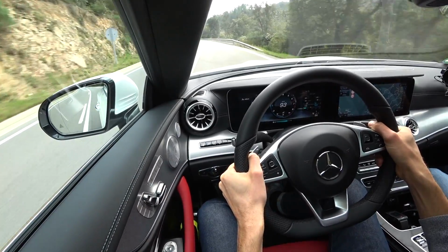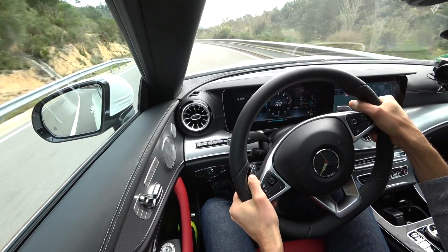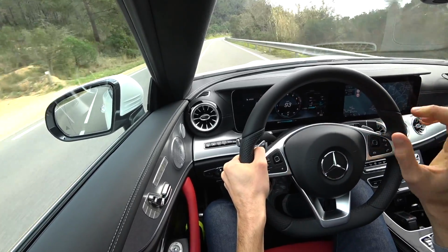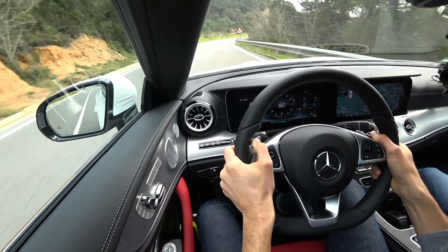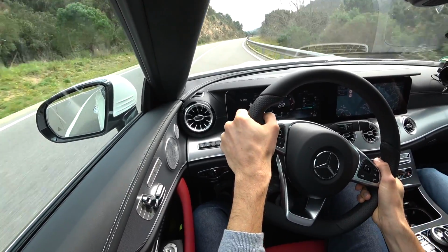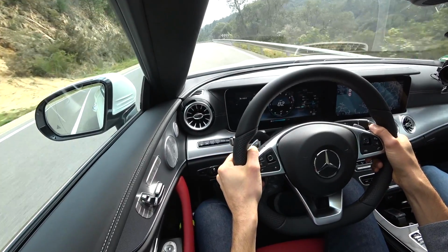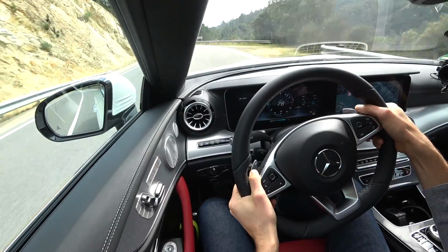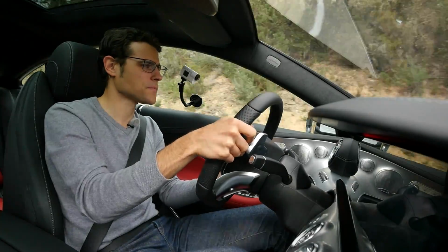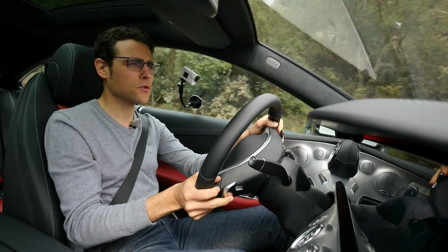If you think about VW, Audi, and the Porsche cars, for example, there you have to steer less. Also, I've found that even if you compare it to BMW, they sit somewhere in between. But here at Mercedes, they have somehow the philosophy that you have to steer a little bit more, a little bit further. I rather prefer it if it's a little bit more progressive, a little bit more direct. Some others might say, you know, I want to have some more play in the steering wheel. So the air suspension is really a dream as a suspension